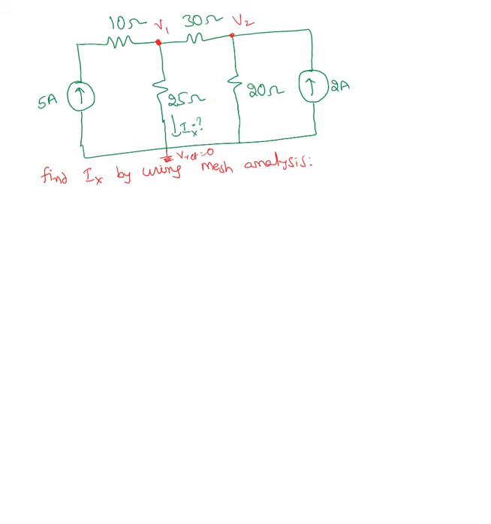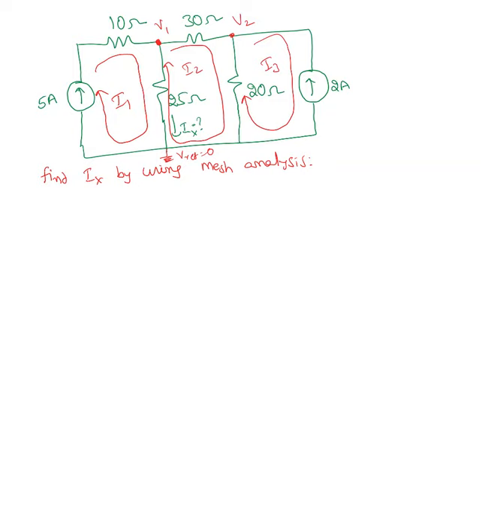So in step one, choose all the loops. Define a loop and assign the loop current. So I'm assuming that loop current is I1. So basically current flowing in this 10 ohms is I1. Current flowing in this branch is also 5 amp, I1. Okay, so here is my loop 2, I2, and loop 3,